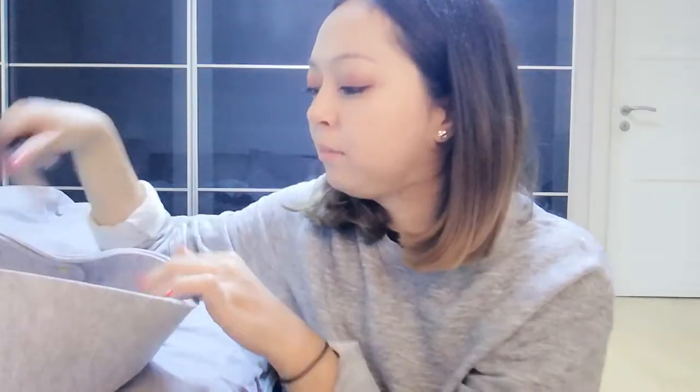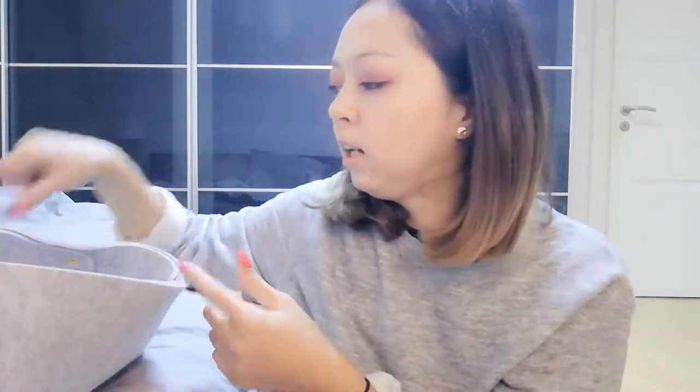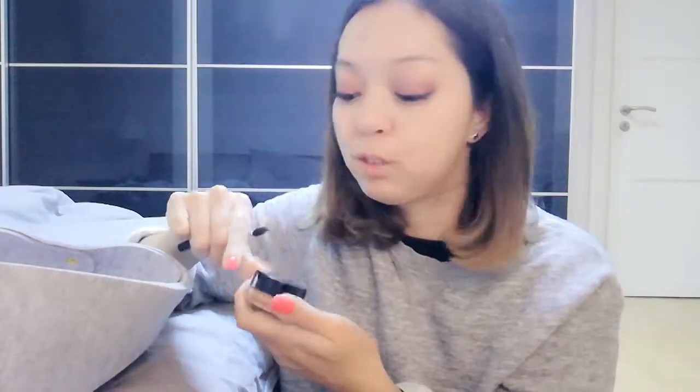I do like light purple or lilac-y blushes, and peach and brown. These are the colors I do like on my face. Yeah, at least I did discover something, you know, that's quite nice. So the red blush I didn't use, and then I do have this